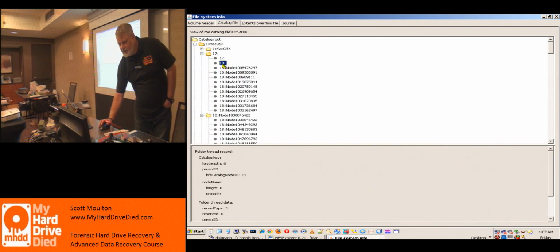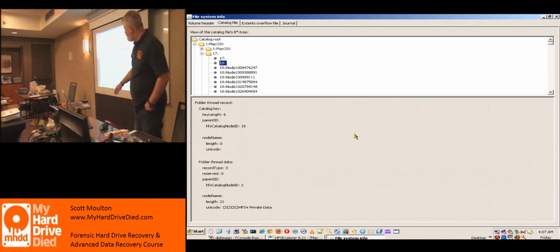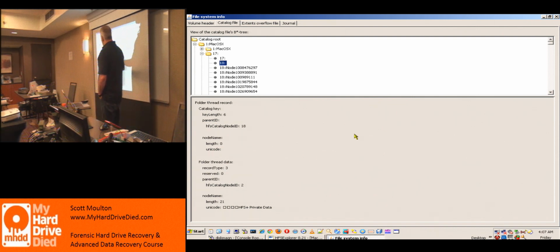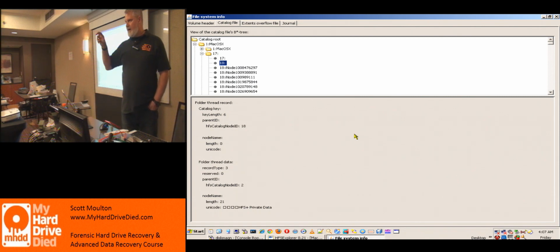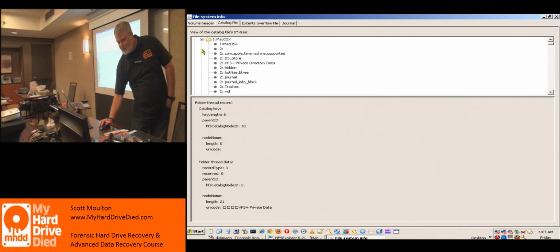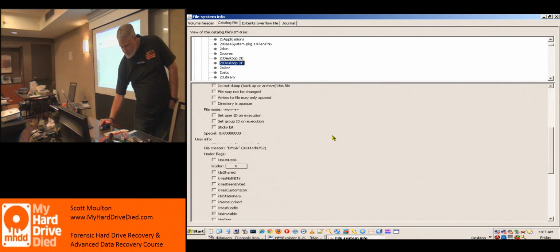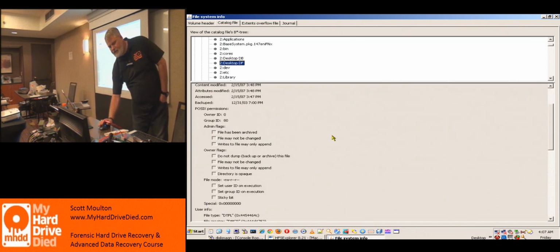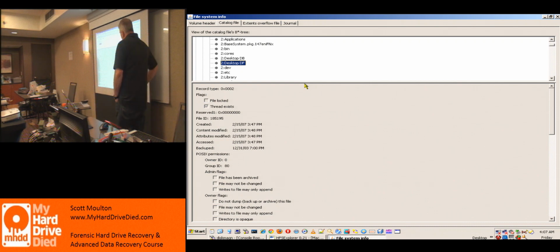Now when you pick an item and you look at it, I don't care which item you look at, the whole point is that this is where you'll be able to parse the data. Certain items have different types of data. So the catalog changes how much data it stores depending on the item. So if I go look at a file, here's what I see that's unique to me. So I'm just clicking on a file. So you can pick any file that you want and you'll see this change. What I'm looking for is,